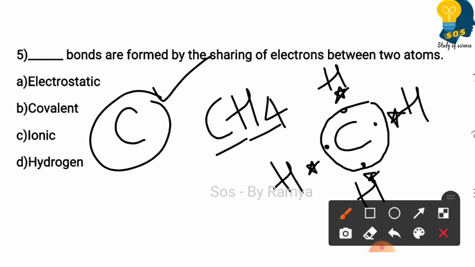So what does carbon do? Carbon will share the electrons which are present on hydrogen. So now sharing of electrons is taking place. By sharing the electrons, carbon will satisfy its octet configuration. Here there is no transfer of electrons taking place. Sharing of electrons is taking place. So when sharing of electrons takes place, the bond formed is a covalent bond.